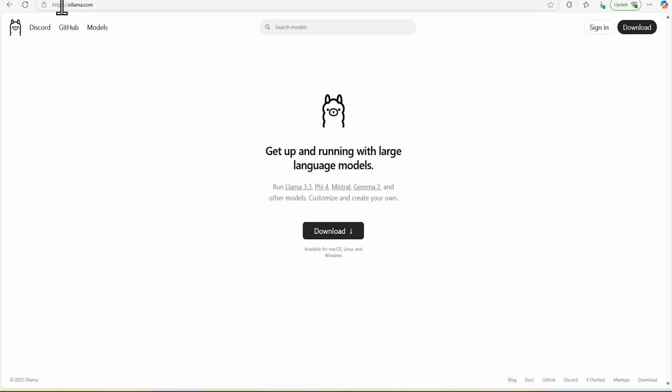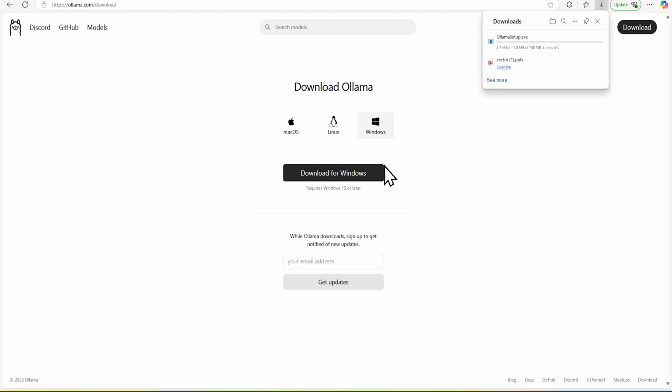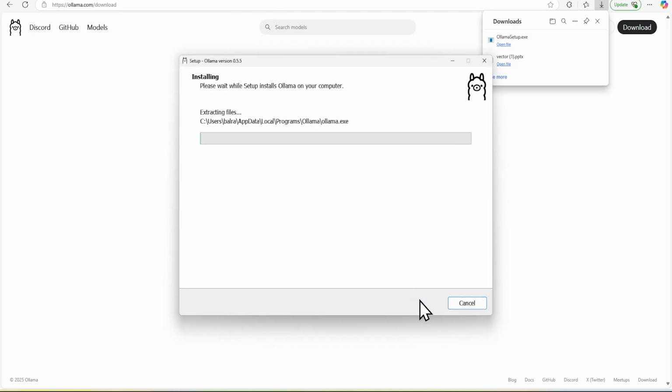So right now we are on ollama.com, where we can see that we can download the installer and install it, and it is available for Mac OS, Linux and Windows, and we can run Phi 3, Llama 3.3 and other models, and we can see how to do that. So let's go ahead and download that. Depending upon your OS, you can download. I have Windows OS, so I'm downloading for Windows. Once the download has been done, we can open the exe file and go for installation.